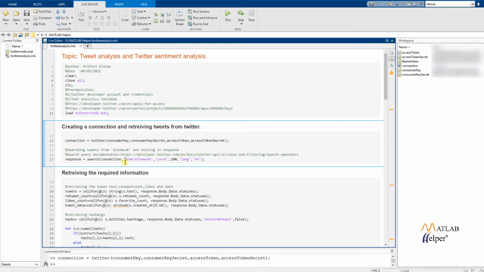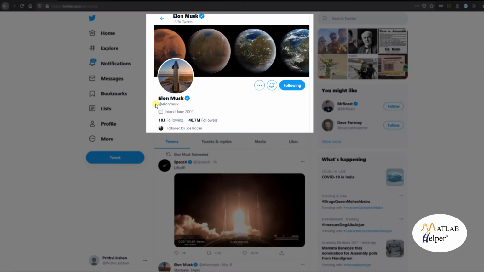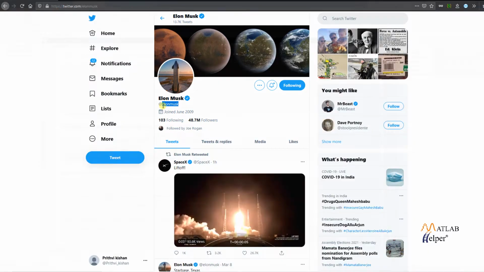To make a Twitter search from an individual, the search query, which is the second parameter in the search function, has to be a string starting with a colon followed by the handle of that individual without the at sign. In our program, we are first going to analyze Twitter data of a very successful and highly followed entrepreneur, Elon Musk, whose handle is @ElonMusk, but we only require the text ElonMusk.